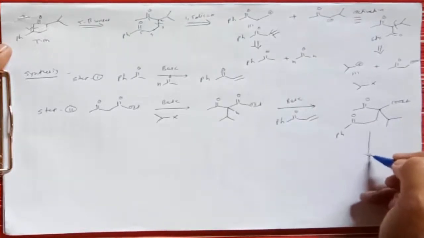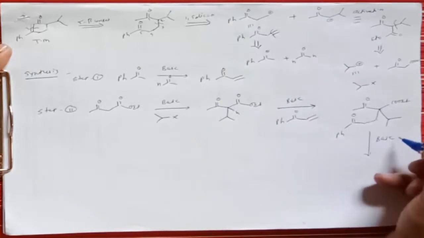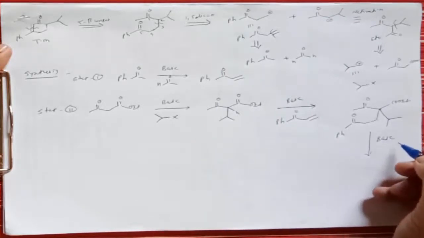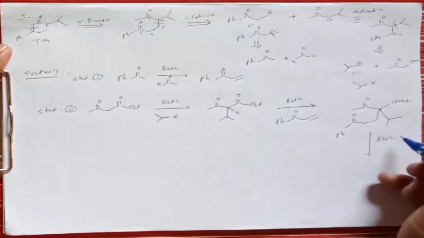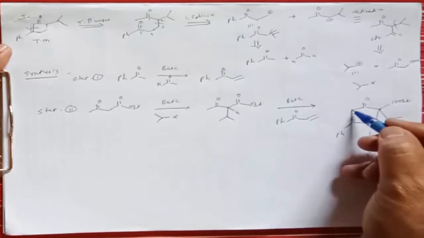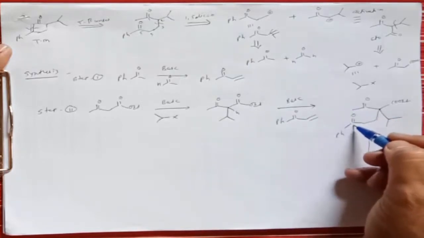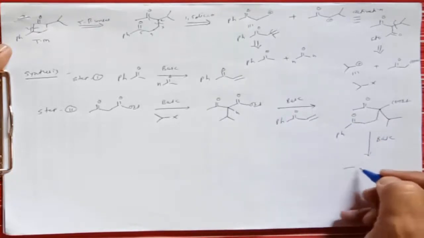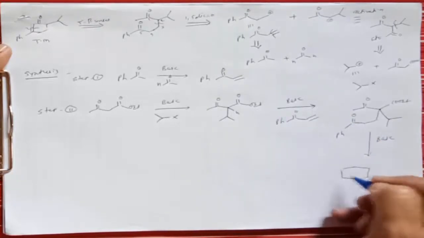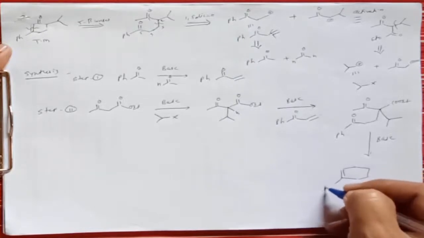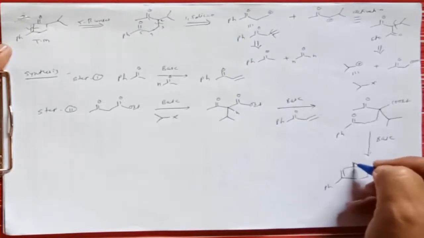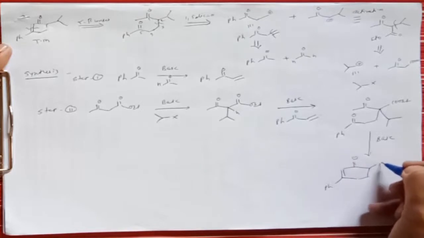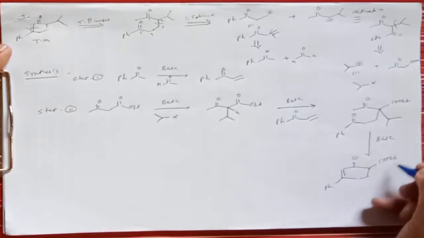Now we take a base, sodium hydroxide in the presence of ethanol, so it undergoes a cyclization. The base takes a proton from this position, it attacks at this carbon group, and it gives cyclization as well as elimination of a water molecule, and here it can give a compound like this, with COOEt plus CH3.